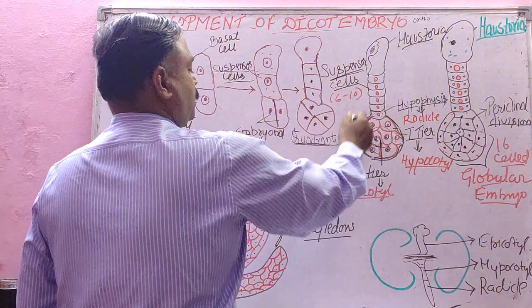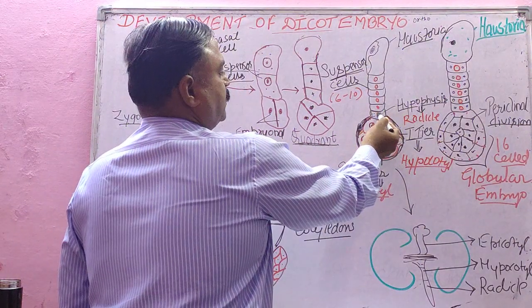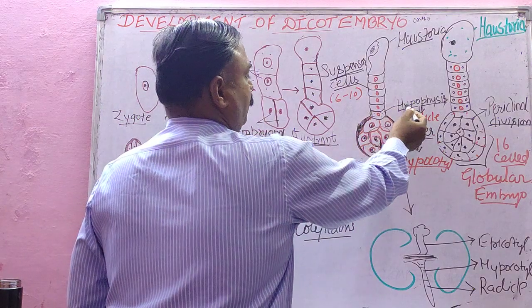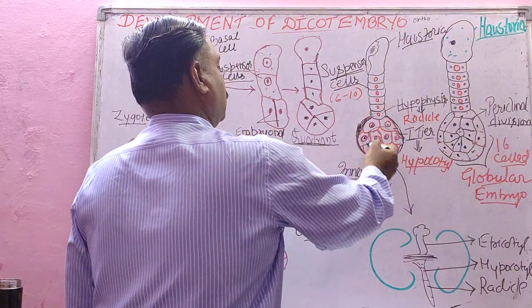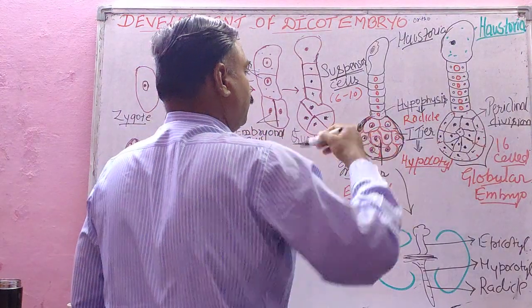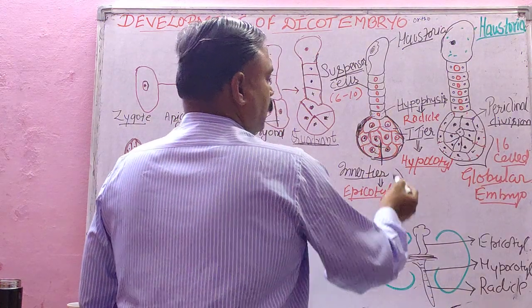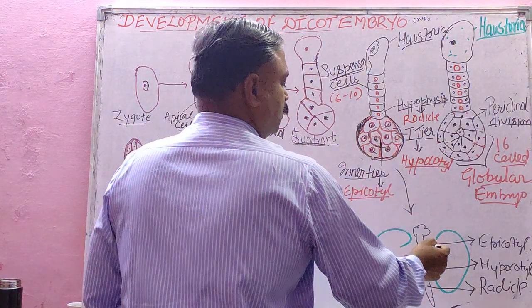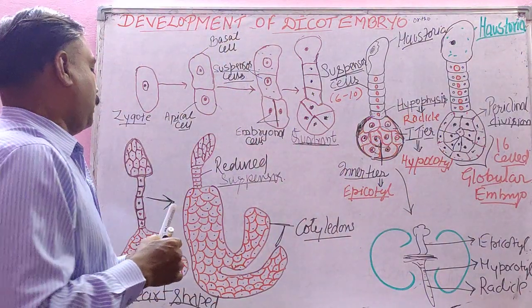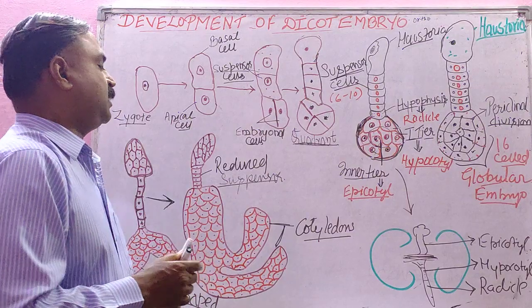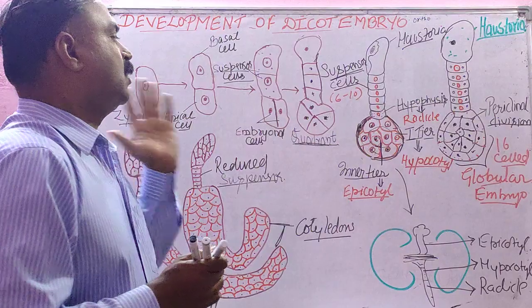Student, let us correlate this stage with this. The lower cells of the suspensor become differentiated into hypophysis, that becomes radicle. The first tier of this 8 cell stage, the future of that stage was hypocotyl, and the inner tier gives rise to epicotyl. Isn't it? And the heart-shaped embryo is the characteristic feature of the Anacardiaceae family, that is related to dicot.